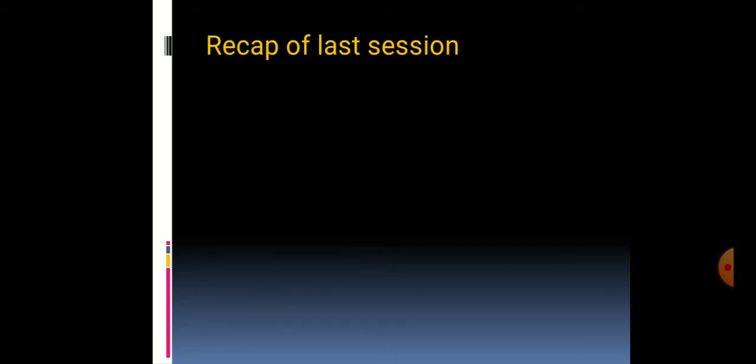In the last class we started a new lesson, creating files and folders. In that class we discussed files. A file is a collection of related data. A file can be a text file, picture file, music file or a video file also. And we saw what a folder is. A folder is used to organize your files. A folder may contain files or folders. Files and folders are identified using a picture called an icon.